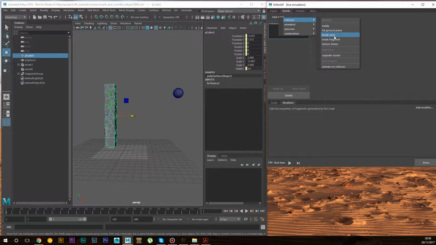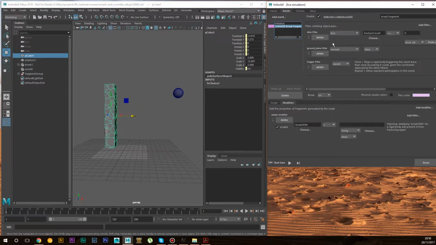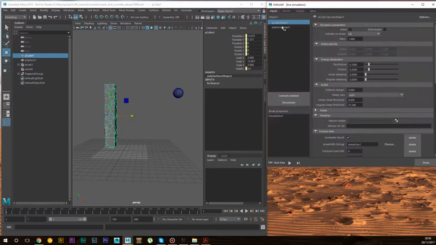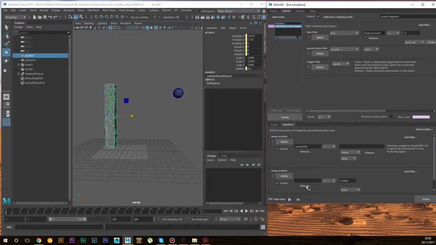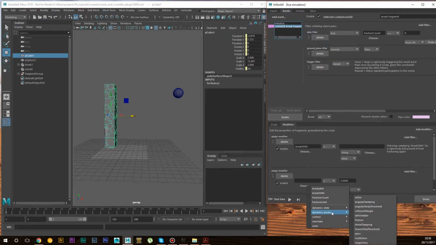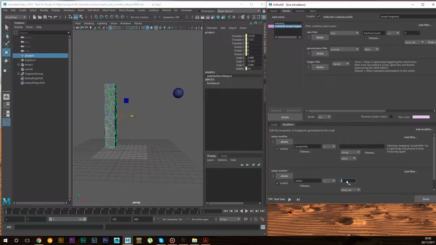So I'm going to use a break fragment event preset, and if you look now, nothing happens because obviously this cube is still set to passive. So what we need to do now is use an assign modifier. So I'm going to go to assign modifier, and then the attribute that we need to use is obviously activate. I'm going to set it to 1. As you will see now,